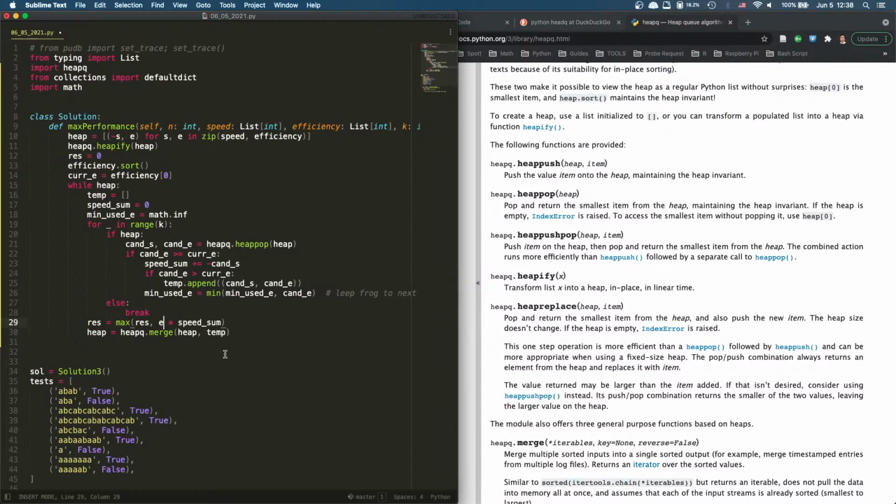Now this is not candidate E. If you think about it, it's not candidate E. Min used E is the actual E going through all this, right? It's actual E going through this. This is just at the beginning, trying to say, oh, this is the lower bound. But it could be that they are all higher than the lower bound, right? So when they come out, this has to be min used E, right? So among them, the min used E,